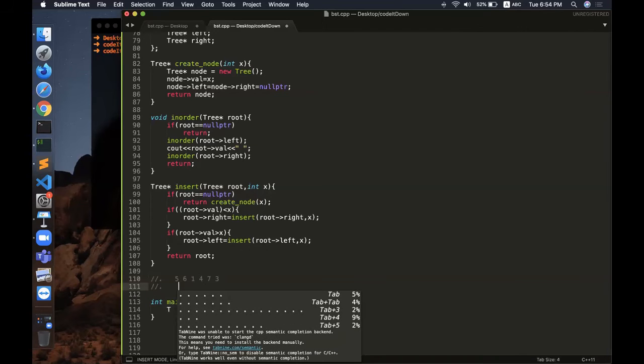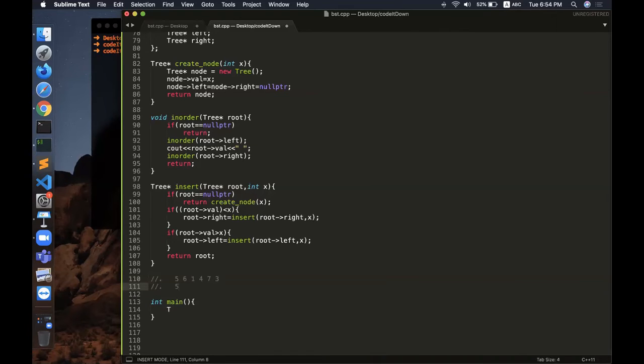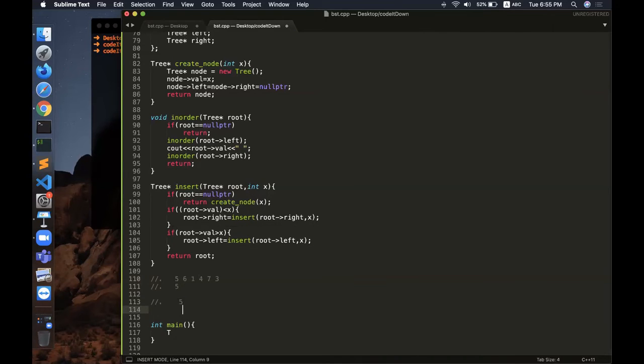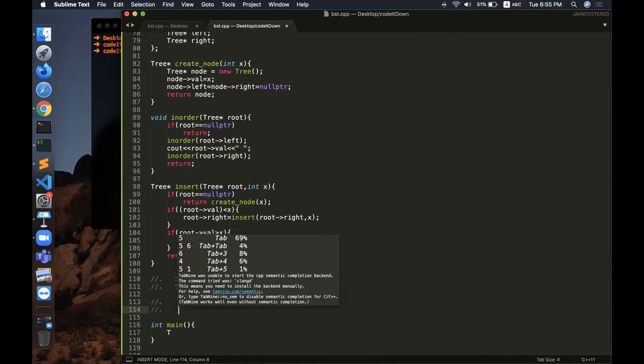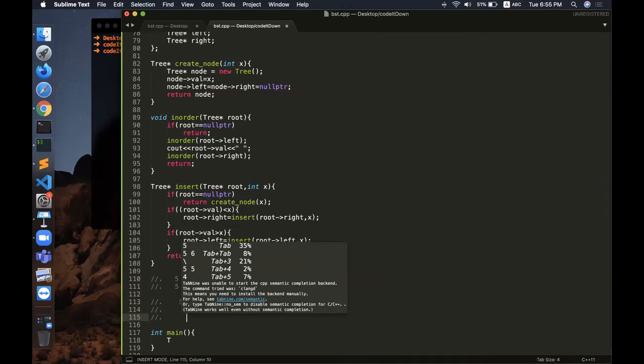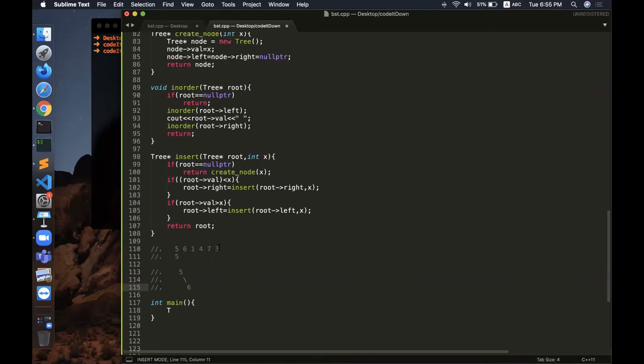Initially there are no nodes, so there is only 5. Now when I insert 6, since 6 is greater than 5, it will be inserted in the right subtree of 5. So my structure would look something like this.